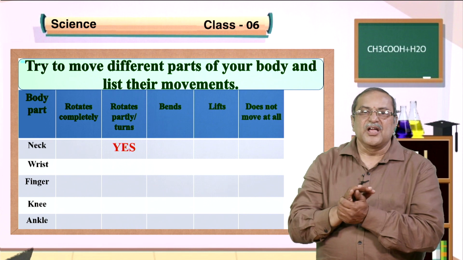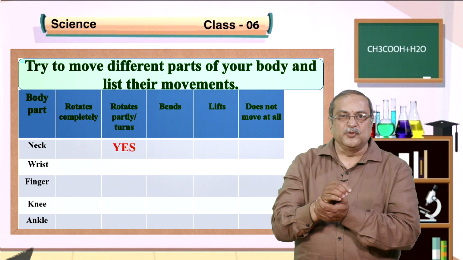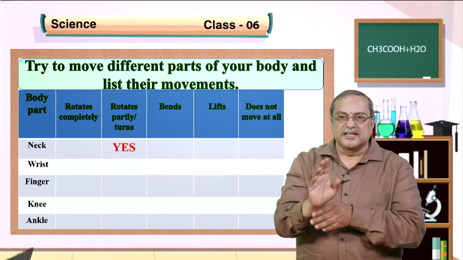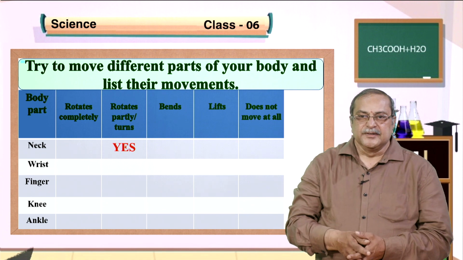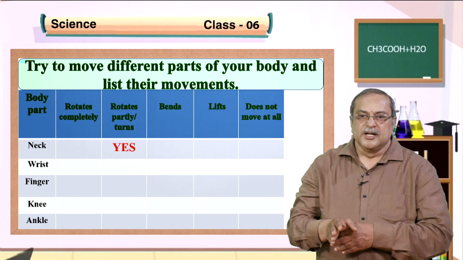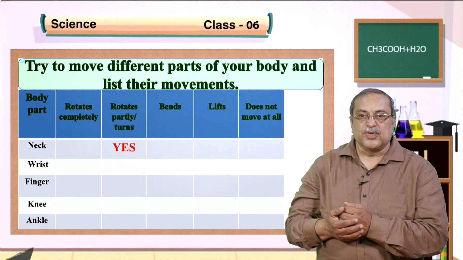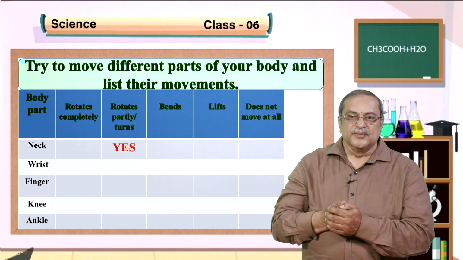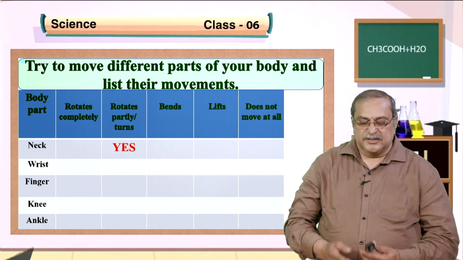Okay, then the ankle. In the last video I have seen how the children are moving. So, that movement of the ankle is up and down. The ankle can be moved up and down, that is the leg, and they can shake sideways, that's all. But they cannot make a complete round, it is difficult to do. Partially it can be done. So, this is one of the methods to rotate.